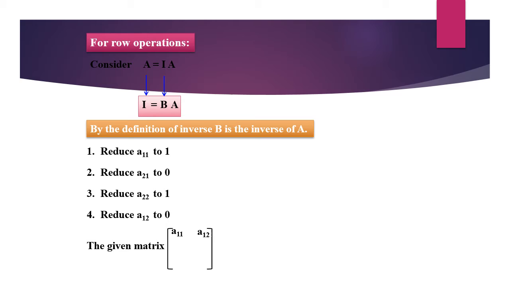So this gives the matrix A11 A12 A21 A22 which gets reduced to the identity matrix 1 0 0 1. So we apply a U-shaped pattern to obtain the inverse in case of a 2 cross 2 matrix. So we'll try to understand this using an example. Find the inverse of a matrix using elementary operations.